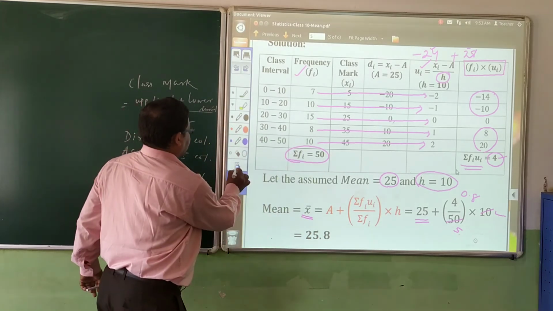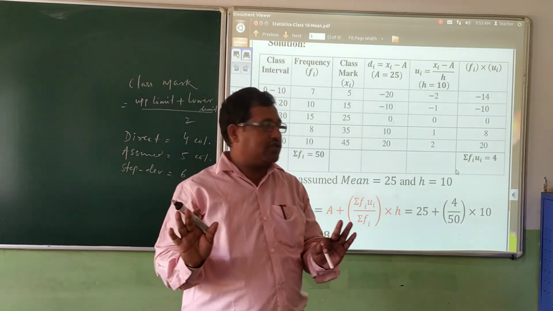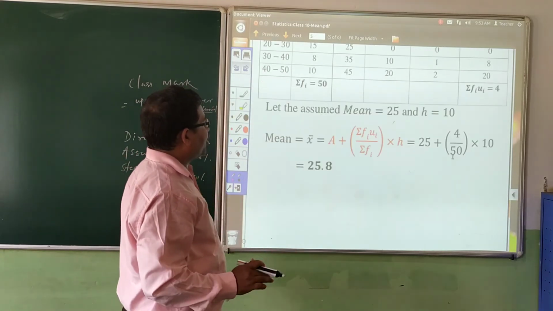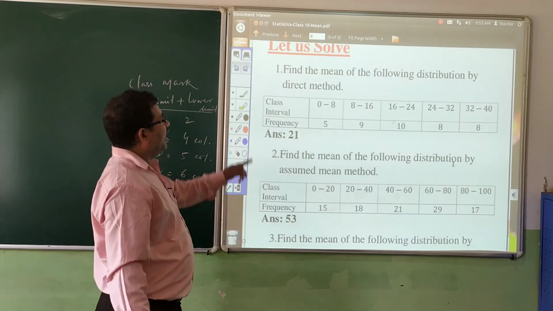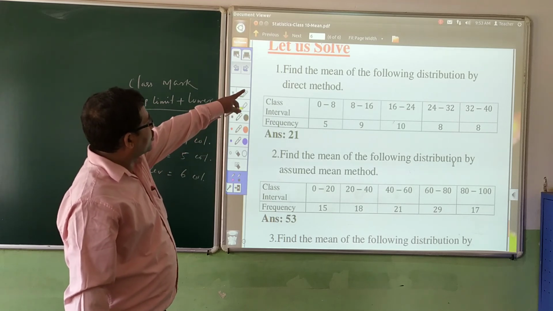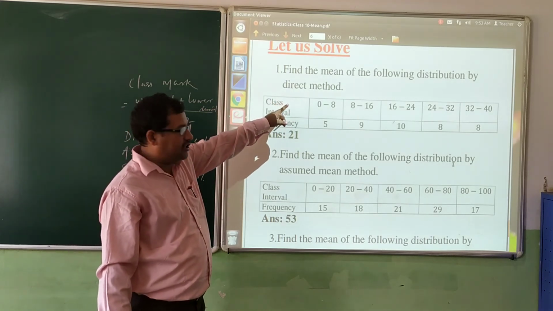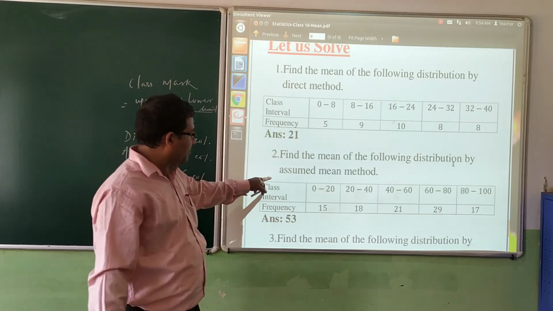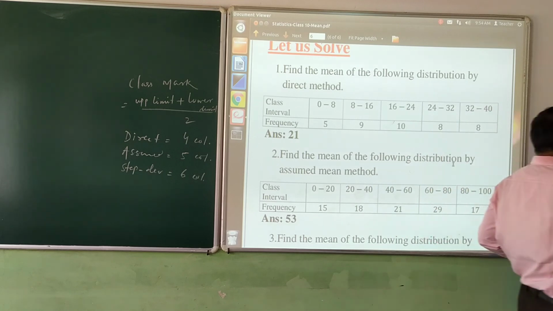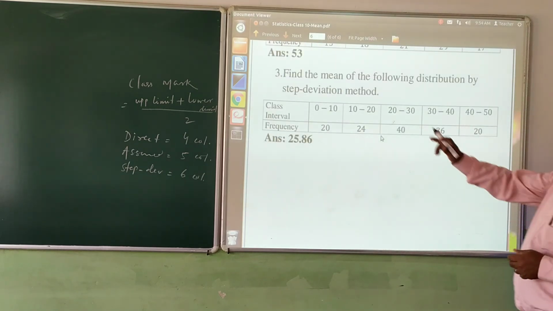Okay students, I think you must have understood nicely. Now let us solve some questions. Question number 1, find the mean of the following distribution by direct method. Question number 2, find the mean of the following distribution by assumed mean process. And this is question number 3, find the mean of the